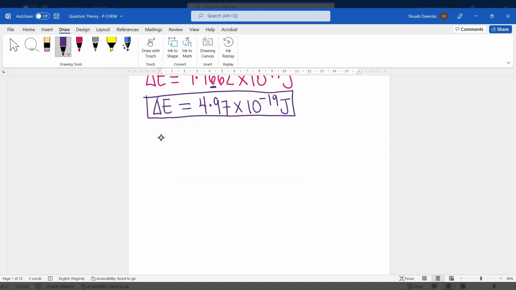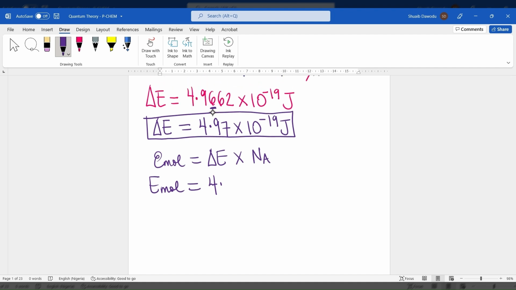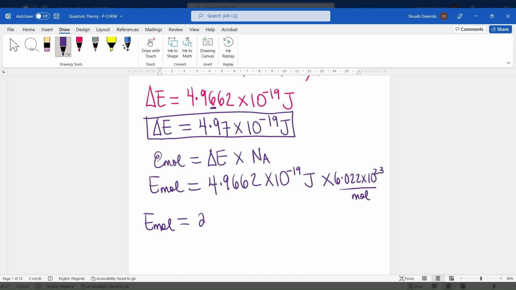Now, the energy per mole, or E mole, remember, is just simply the energy of the photon times Avogadro's number. That's how you get the energy per mole of photons. So E mole is now simply 4.9662. Again, I'm going to use the raw value, not the approximate value, so I can get the right answer, times Avogadro's number, which is 6.022 times 10 to the power of 23 per mole. So E mole is equal to 2.99065